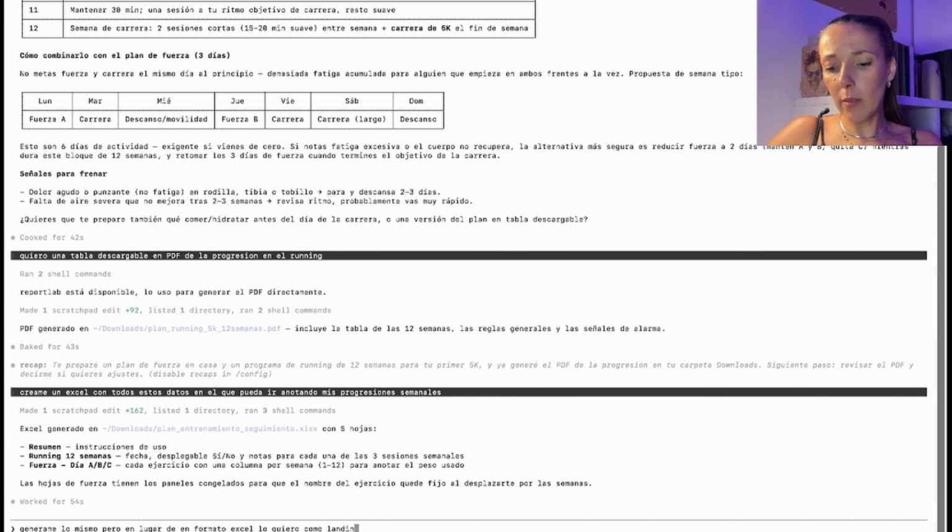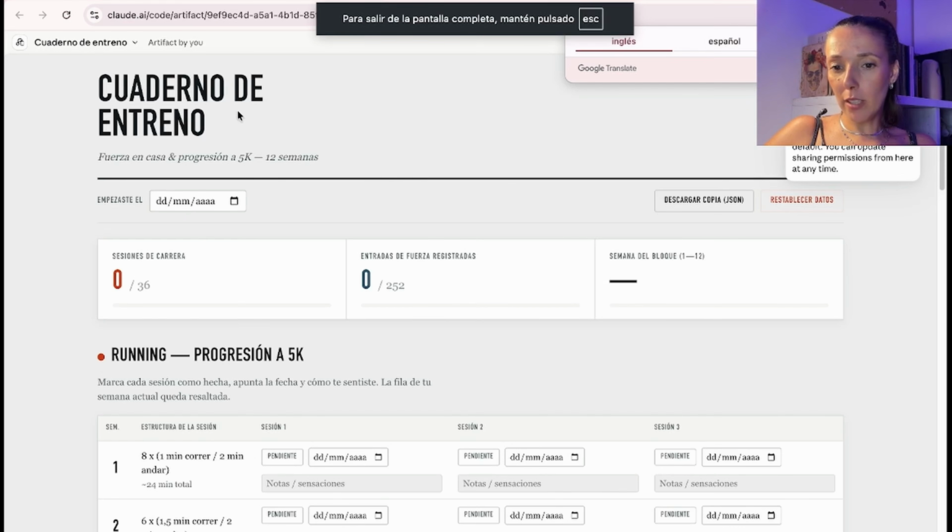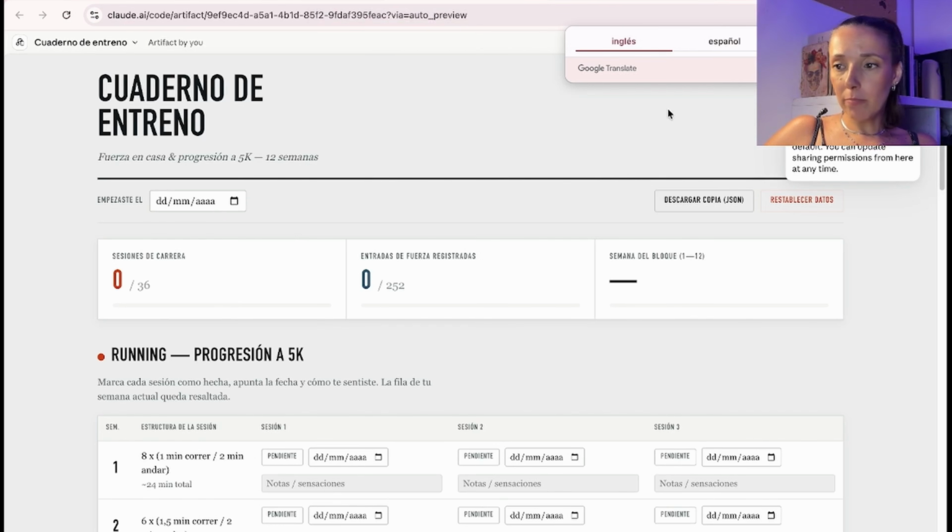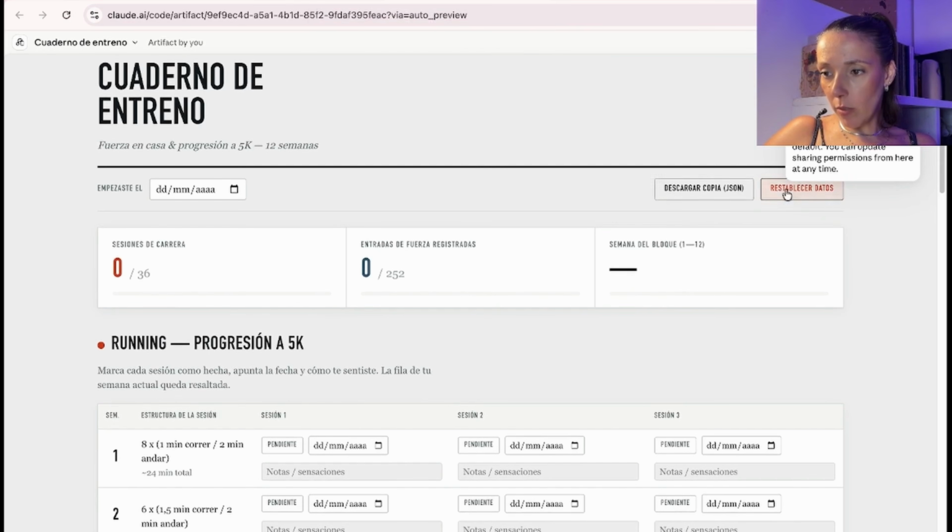Generate the exact same content for me, but instead of presenting it in a standard Excel format, I would like you to transform it into an interactive landing page or perhaps an interactive dashboard. Here it opens it for us directly. It has created this for us, which we can download a copy of or reset data,